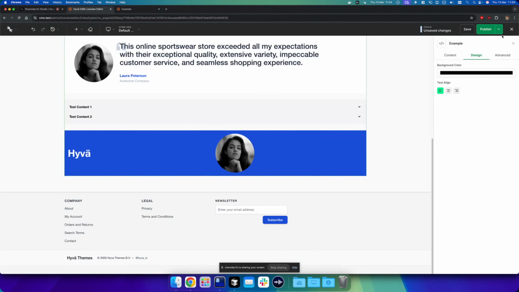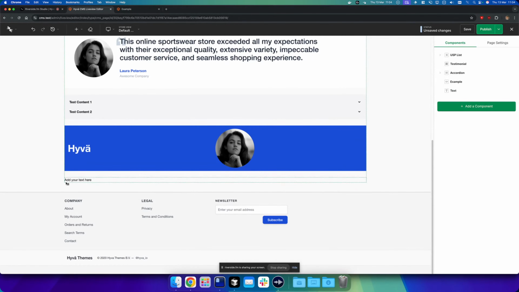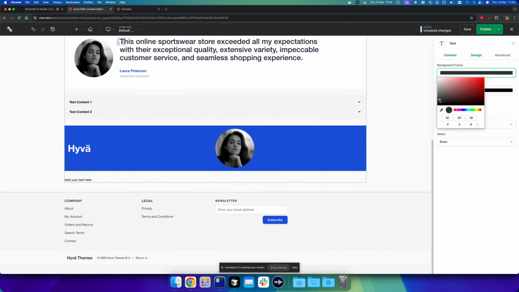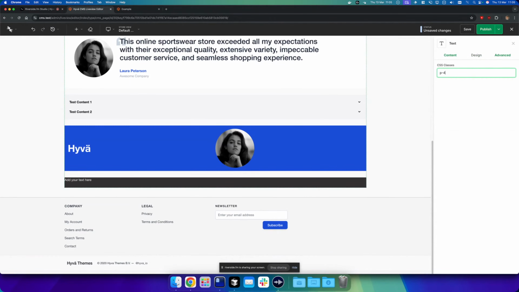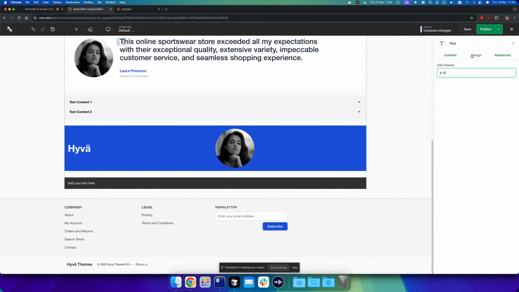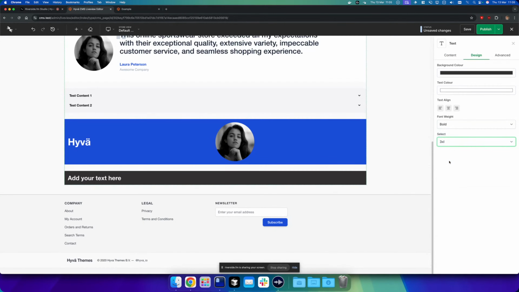And I think a good one to check is probably the text field, which has a lot of different settings in it. So we add our text here. Firstly, I probably want to change the background color and then change the text color. Okay, let's add some padding in here. Maybe let's set the font weight to bold. Maybe we want pretty big text.